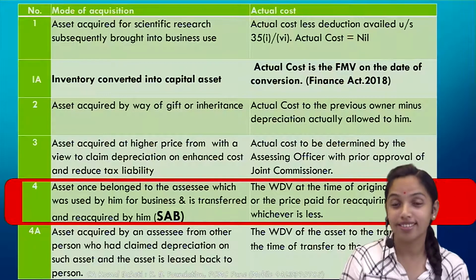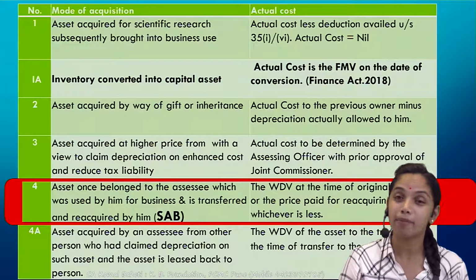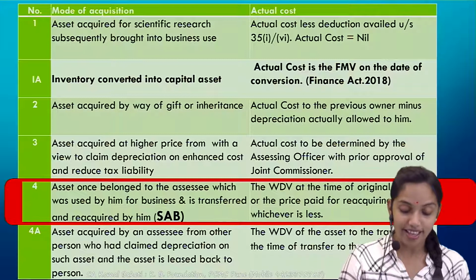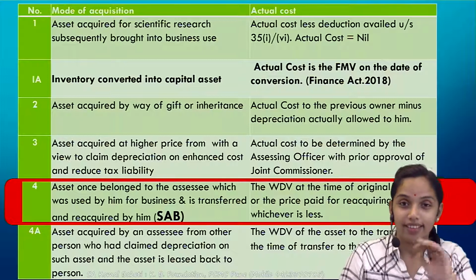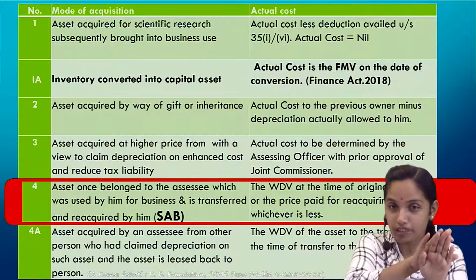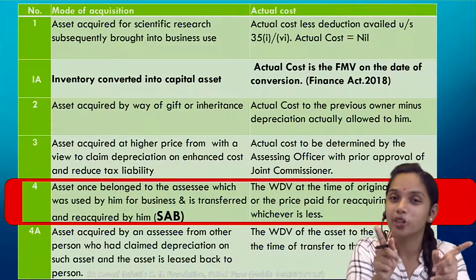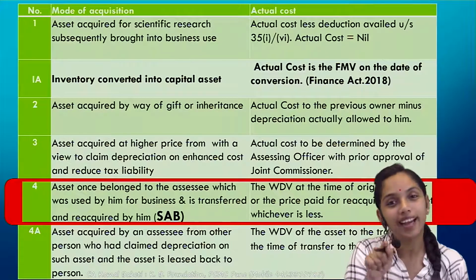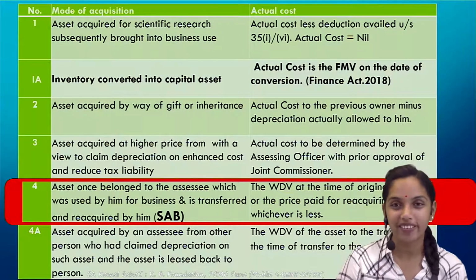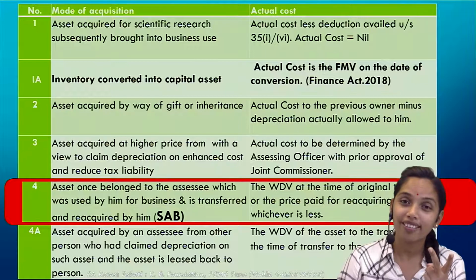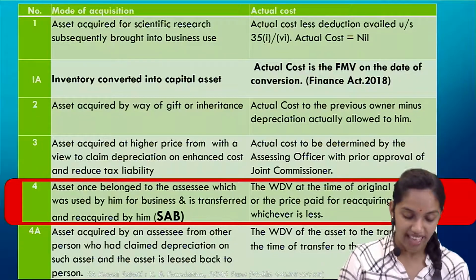So in such cases, the department says no, it could not be possible. Income tax says such a manipulation could not be possible. It says that the WDV at the time of the original transfer or the price at which you reacquired it, whichever is lower. The WDV in my books of account at the time of transfer and the price at which I reacquired it, whichever is lower. So in our example, the WDV was 2 lakh. I reacquired at 14 lakh. So whichever is lower is considered as my cost of acquisition. So how much is my cost of acquisition? 2 lakh. Have you got it? So that tax planning has no use because of this explanation. Next